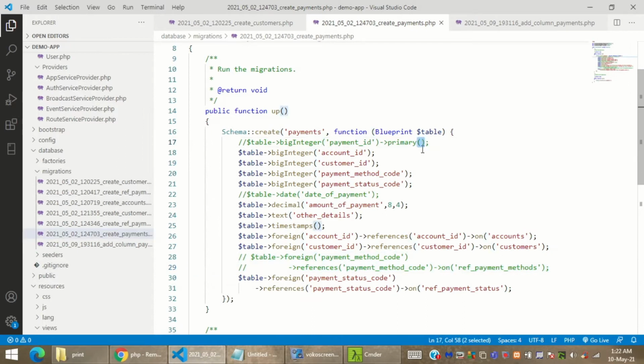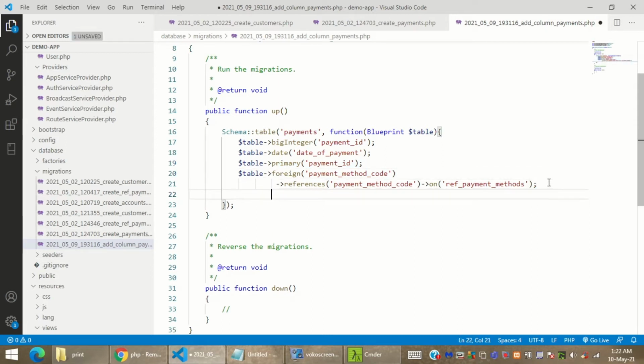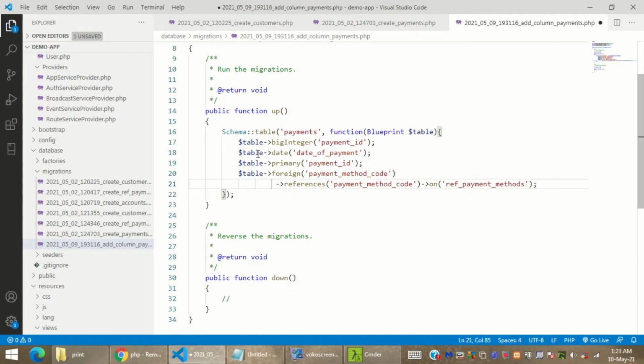And yes, in the last video I forgot to add the round braces over there, and so in the previous video my primary key was not populated correctly, so I'm correcting it in this video. Okay, so now all the things are correctly formed.